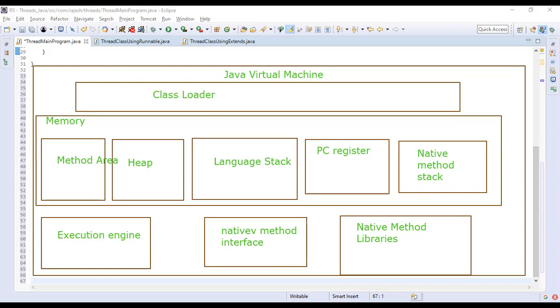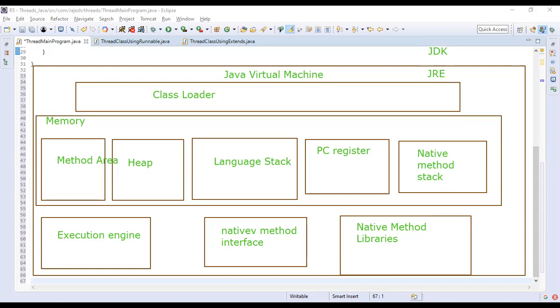Okay. So JVM is a specification. It specifies how a Java virtual machine, where the Java program has to run, has to be designed. That's what a specification is, and it has an implementation. The JVM's implementation is called a JRE, Java Runtime Environment. You would have heard of this. To run a Java program, JRE is enough. And we have a term JDK, which is Java Development Kit. We don't need a JDK for executing. We just need a JRE.